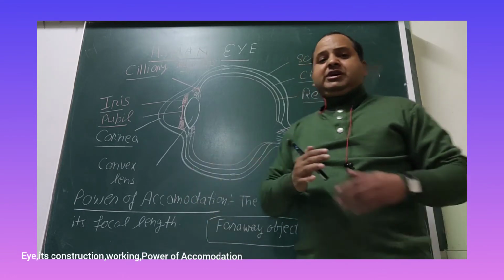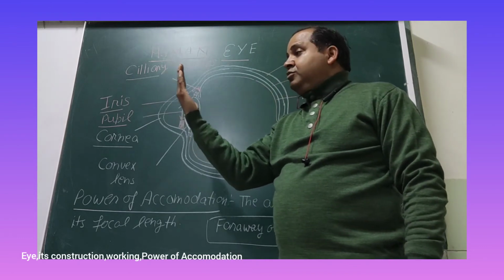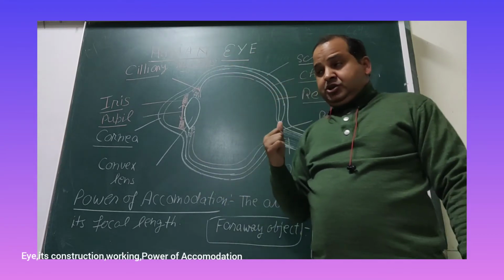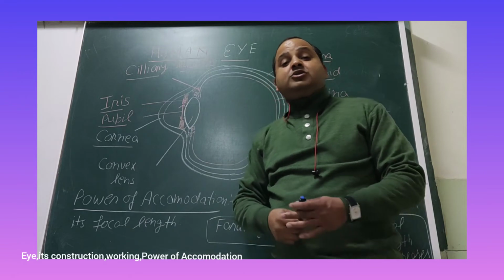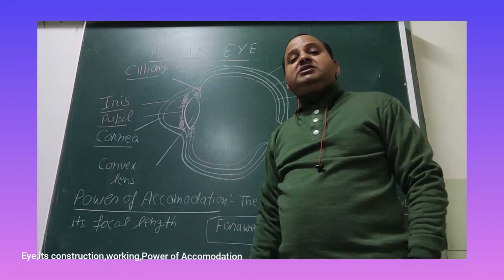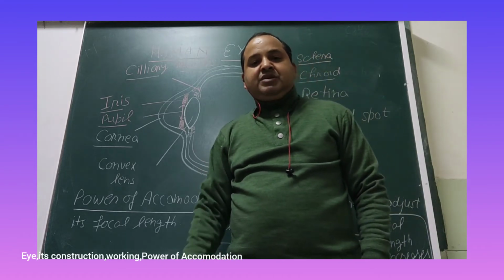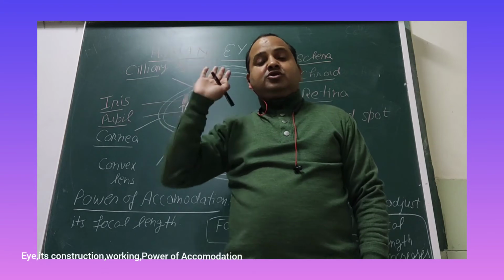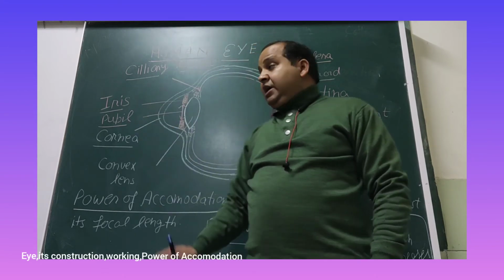Now you know that we can see objects which are very near to us. If we keep the object closer, there will be strain on our eye. So the minimum distance at which we can see an object clearly is called the least distance of distinct vision, that is 25 centimeter. And for an object which is very far away, the furthest distance of the eye is infinity.